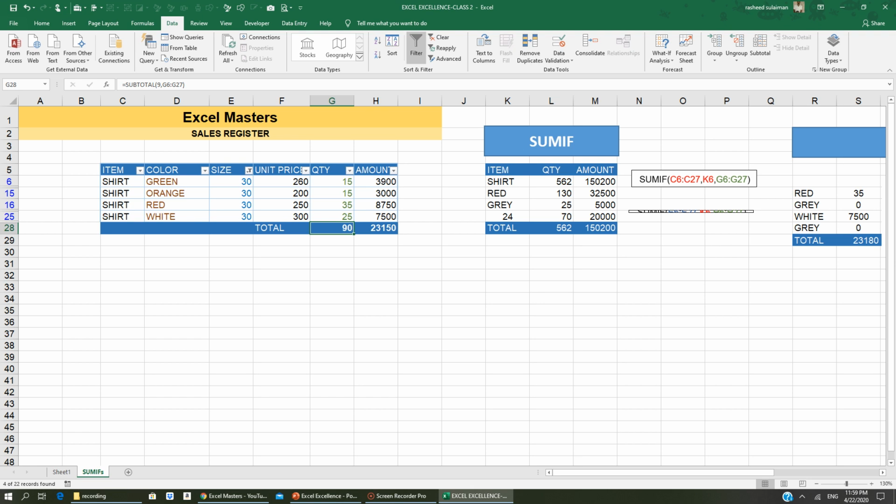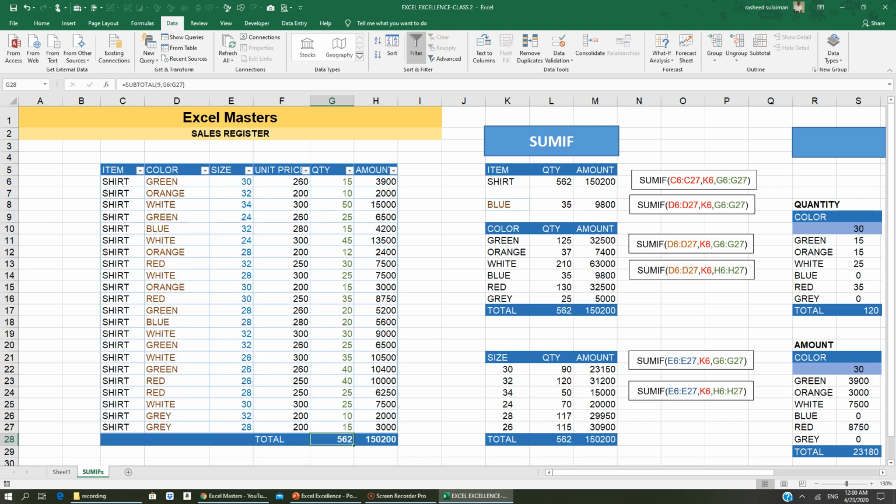Now the company is asking. First they asked how many pieces of each color they sold and what the amount was. Now they are asking how many shirts of each size they sold. So it depends upon the requirement. That's the way we are given different types of criteria, and the amount is also the same way, equal to